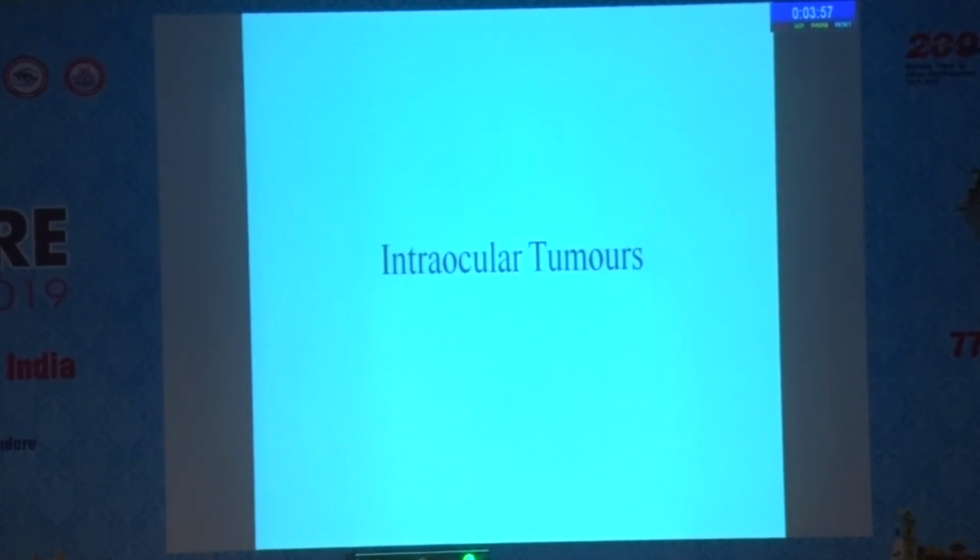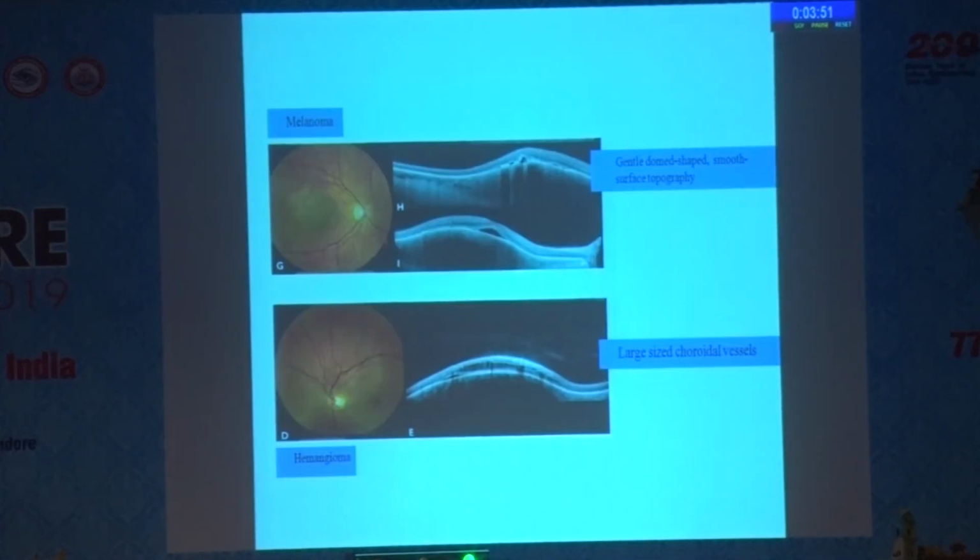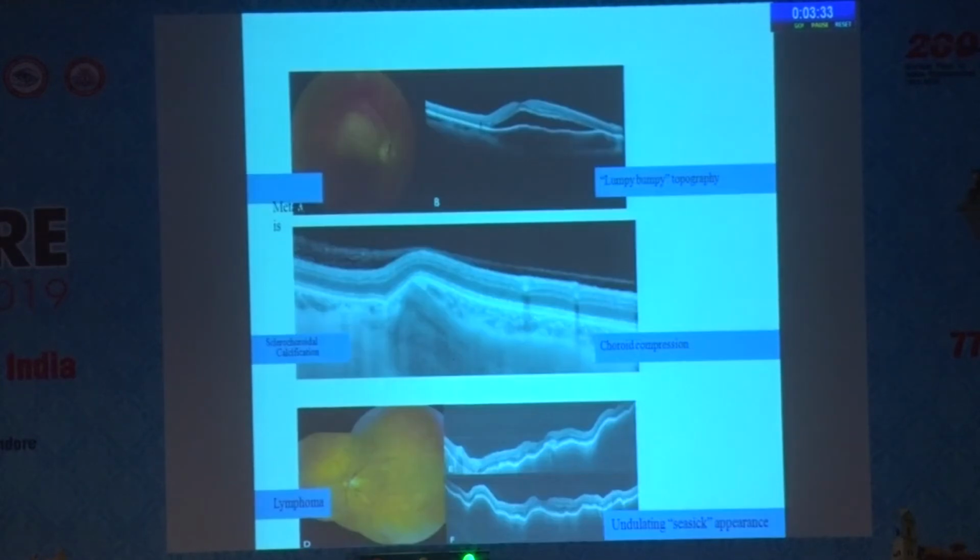Apart from these central macular conditions, you have some understanding of intraocular tumors also. In terms of the tumors, the fundus photograph gives you quite a lot of information, but still there are situations where you can differentiate. For example, in melanoma cases, you can see a gentle dome shape, a quite smooth surfaced area. But here, in cases of hemangioma, you can see a lot of hyporeflective vessels underneath. So you can differentiate. In metastasis also, there's a lumpy, bumpy RPE, but you can see the choroid,